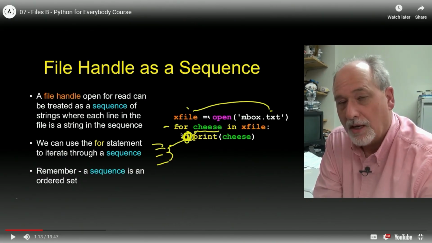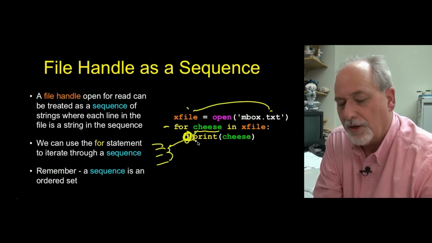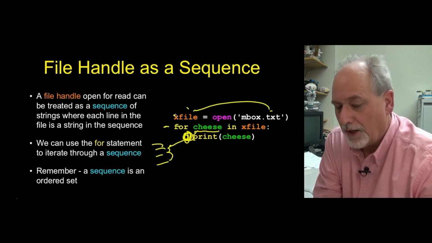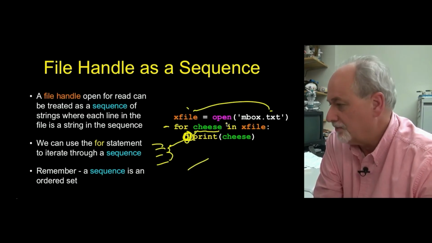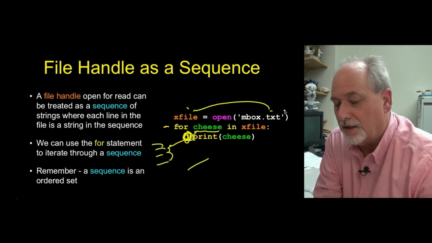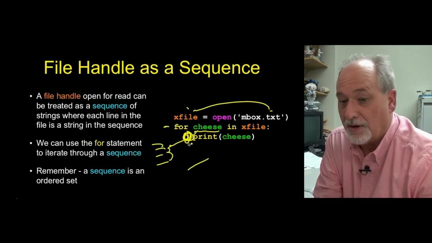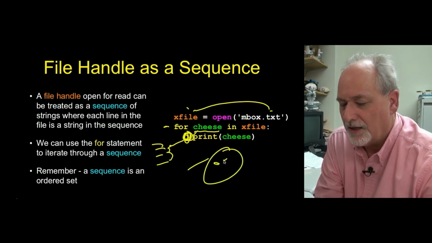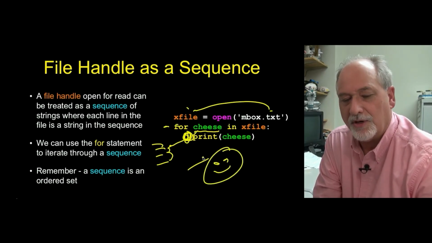Look, if this is your first exposure to coding, JavaScript is so much better for learning to code. That being said, let's keep going. Run the loop for every line and then print it out. So it's actually really quite simple. Other languages like C or C++ have to write while loops with end of file conditions and all kinds of things that make this very difficult. But this is one of the prettiest things that Python has. It's a very, very pretty thing.